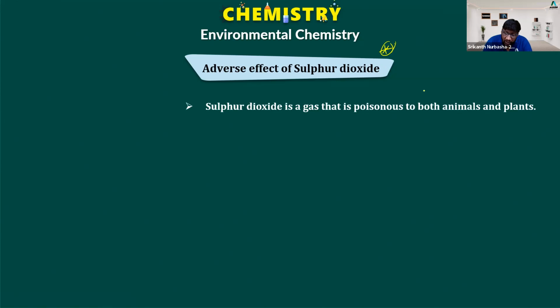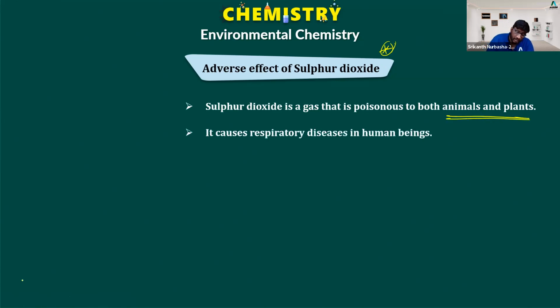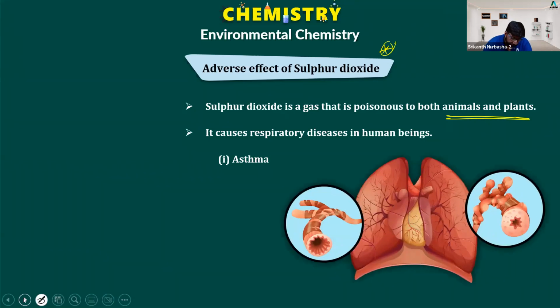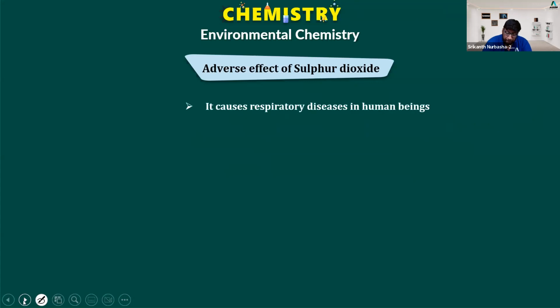Sulfur dioxide is a gas that is poisonous to both animals as well as plants. It causes respiratory diseases in human beings like asthma. That is the first kind of disease it can produce. You have to remember the adverse effects of every gaseous substance. If we have more SO2 in the atmosphere, that will be causing respiratory diseases in human beings like asthma, bronchitis,